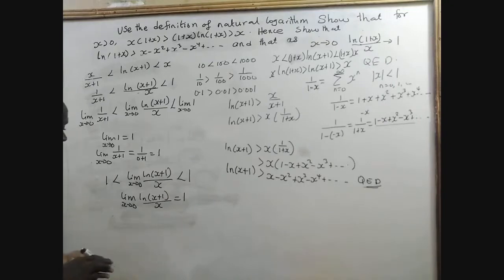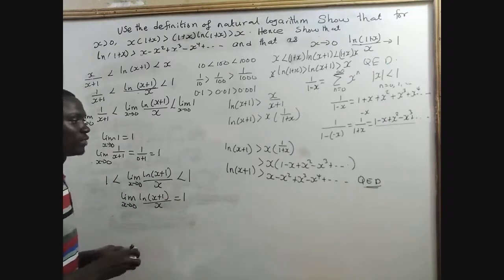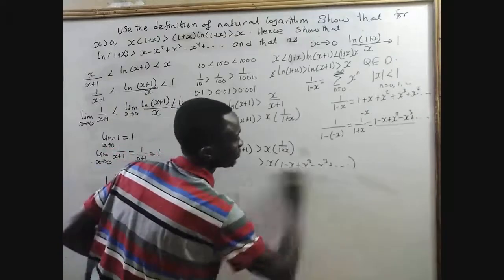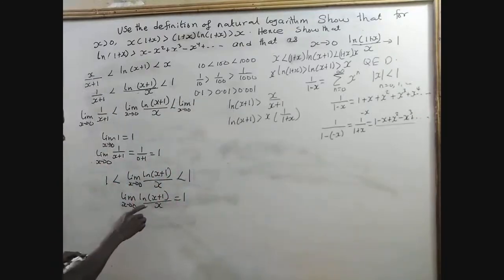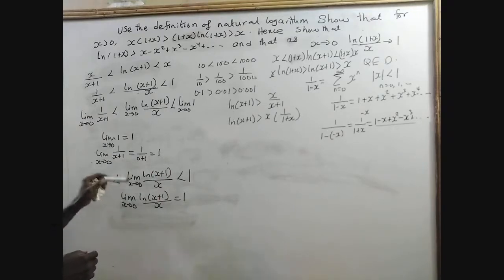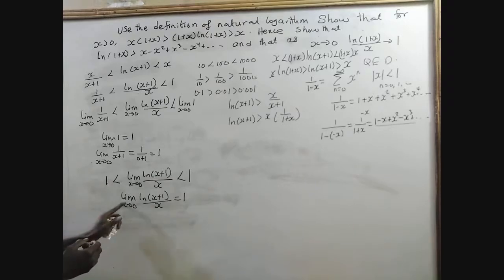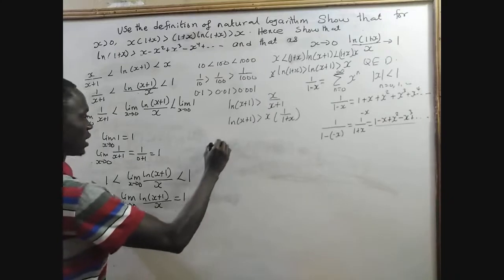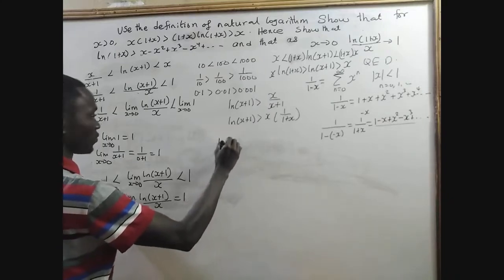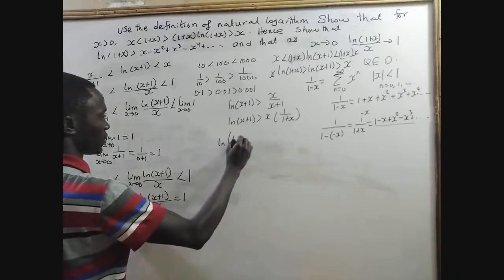Now, how do we remove the limit? So let's move here. So, this is a continuous function, right? And natural logarithm is continuous on its domain. So we can put the limit here and bring the natural log outside. So we have the natural log of the limit